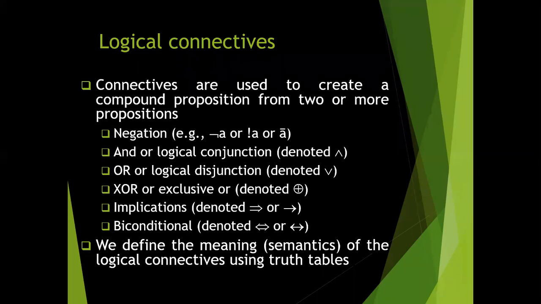Now the second connective is "and", or logical conjunction, denoted by the upward V sign. It is V, opposite V. We can say it is a logical and, logical conjunction, or the and sign. The next one is "or", logical disjunction. In short form, generally we use conjunction for the and, and disjunction for the or, denoted by the V sign.